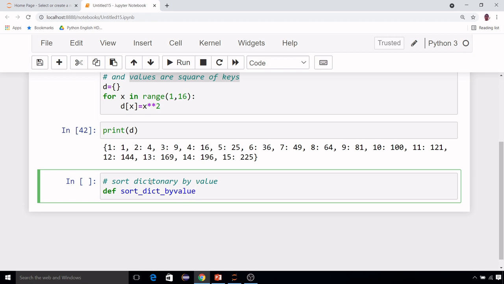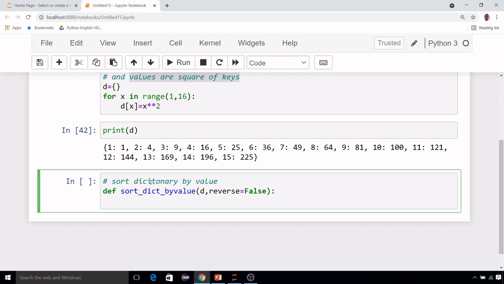I am passing some arguments also: d, as well as another argument, reverse, equal to False. Why I am passing it, I am telling you, just wait a minute. And inside this I am just returning